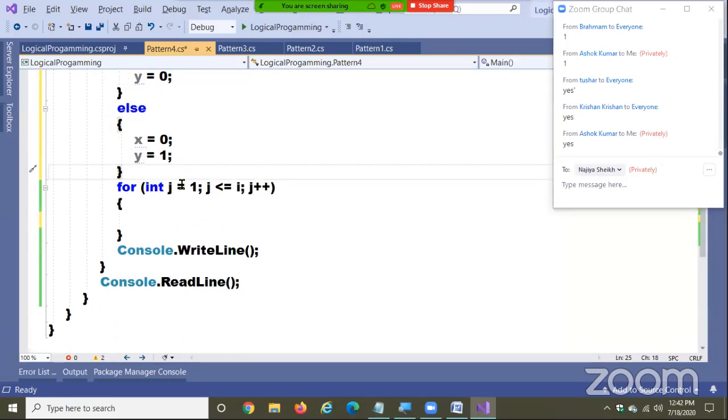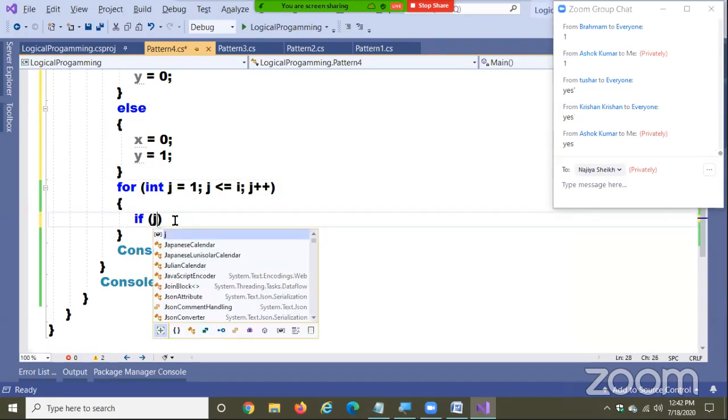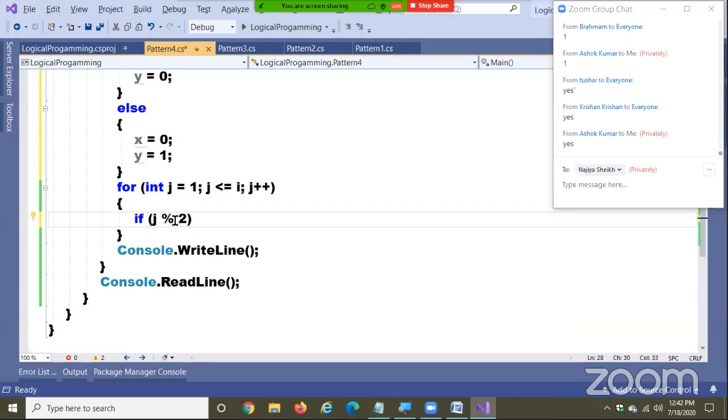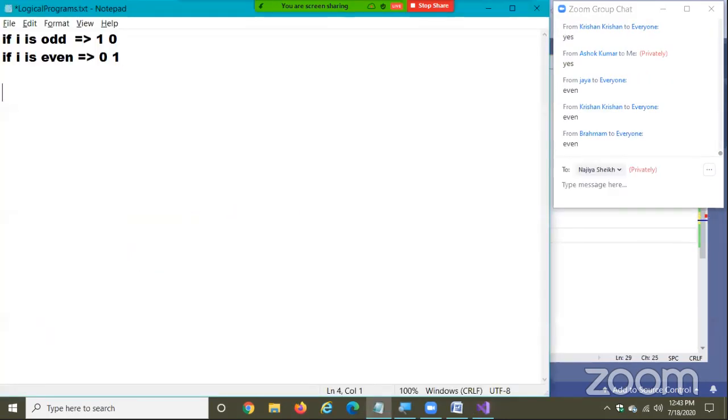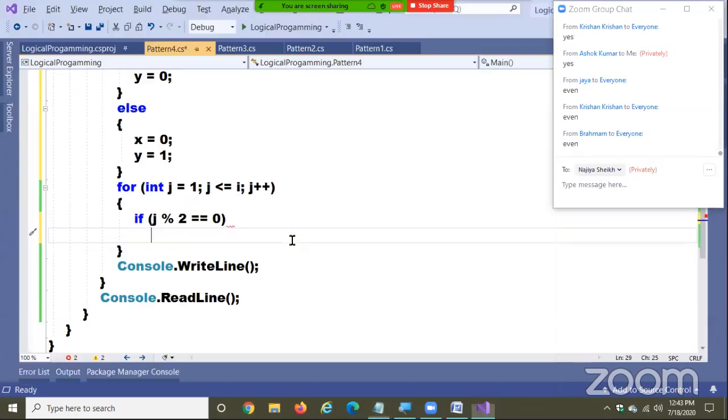Coming to the inner for loop. If j mod 2 is equals to 0, means j is even. j mod 2 is equals to 0 means even. If j is even,